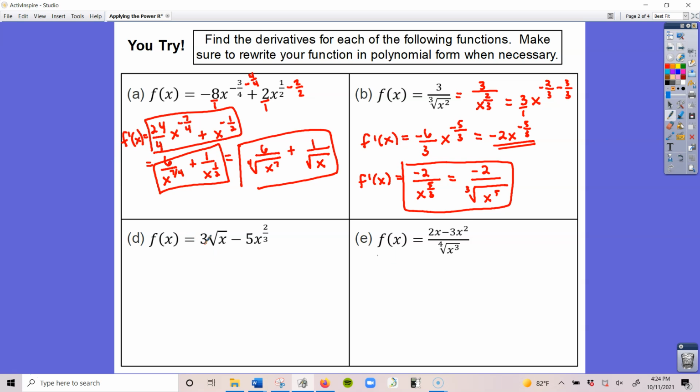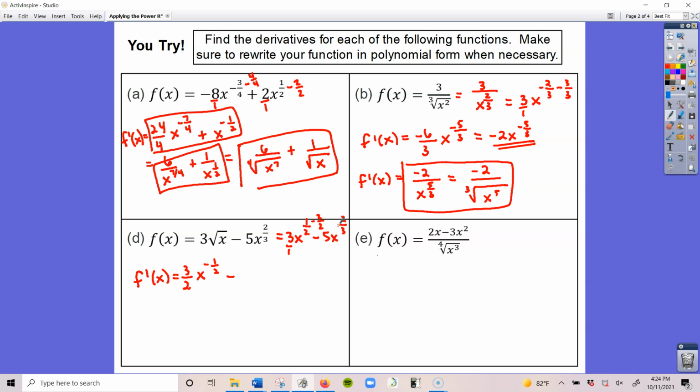For D, we have 3 times the square root of x minus 5x to the 2/3. Before I could take this derivative, we need to rewrite the radical using those rational exponents. So this is 3x to the 1/2 minus 5x to the 2/3. Now we're ready to find its derivative. So f prime of x is going to equal 3 times 1/2. 3 times 1 is 3, over 1 times 2 is 2, x, and then I'm going to subtract 2 over 2, which would give me negative 1/2,